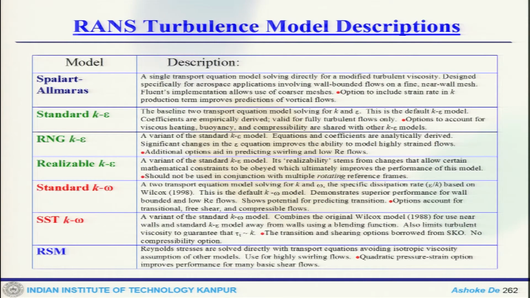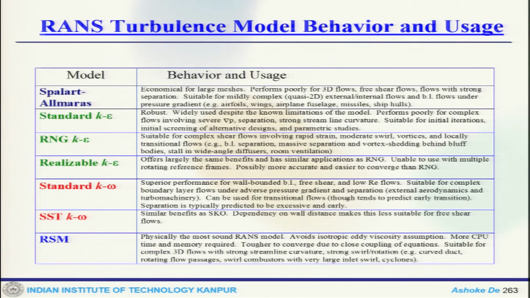Now if we put these RANS based models together, then one can see this is Spalart-Allmaras model, standard K epsilon model, RNG K epsilon. So these are the improvements, standard K omega, SST K omega. So these are different variable RANS models which are put together, and what is the behavior? One is very simple, used for, it has certain advantages that we have discussed. So depending on their advantages and disadvantages, one has to use it. This is quite involved, it can take care of a lot of the other aspects of it.